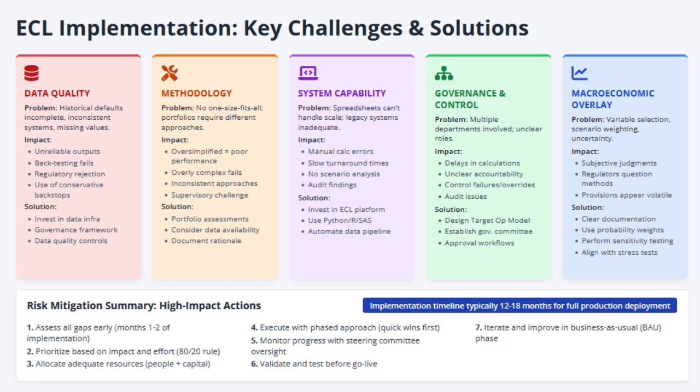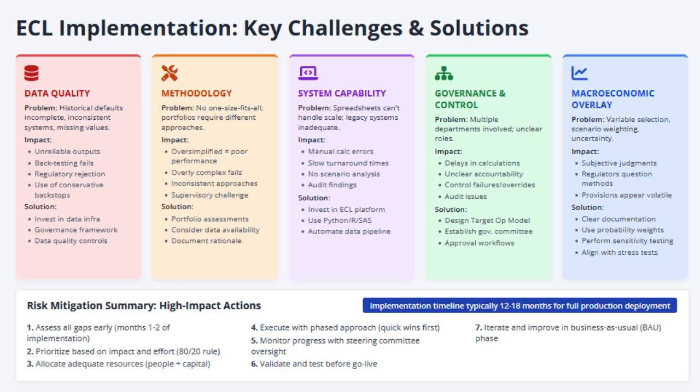Governance and control design is complex. There are touch points across underwriting, risk management, finance, and IT. Turnaround times need to be managed because financial statement reporting deadlines are fixed. Management overrides need to be tracked and approved. And all of this requires thoughtfully designed controls and clear role definitions.